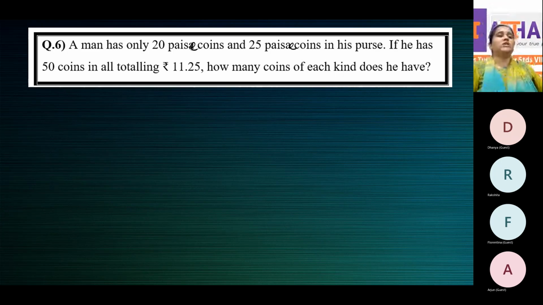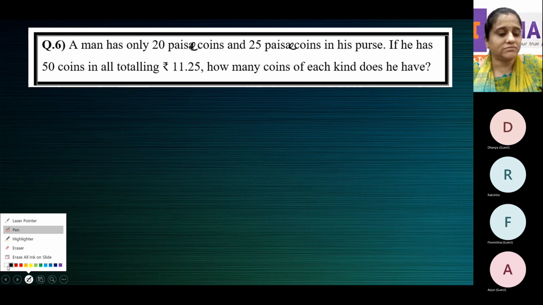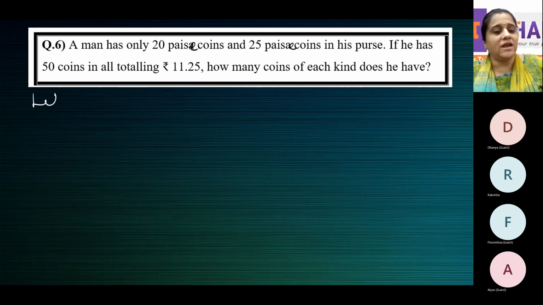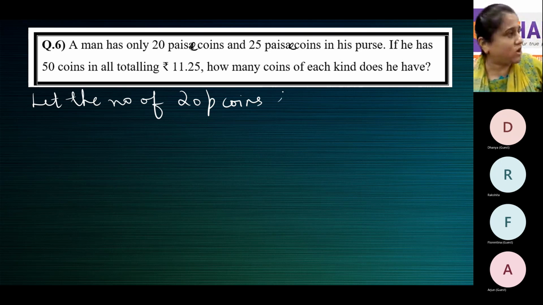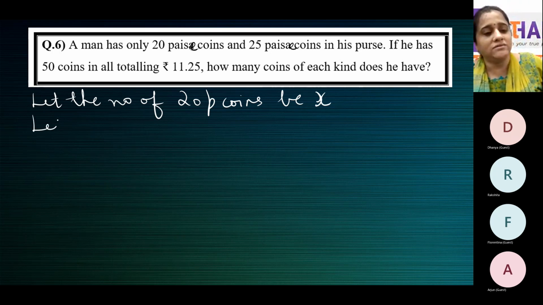So you have to make two equations, one based on the number of coins he has, and the other based on the value of money. Okay, value of money. So see here, let the number of 20 paise coins be X. Then let the